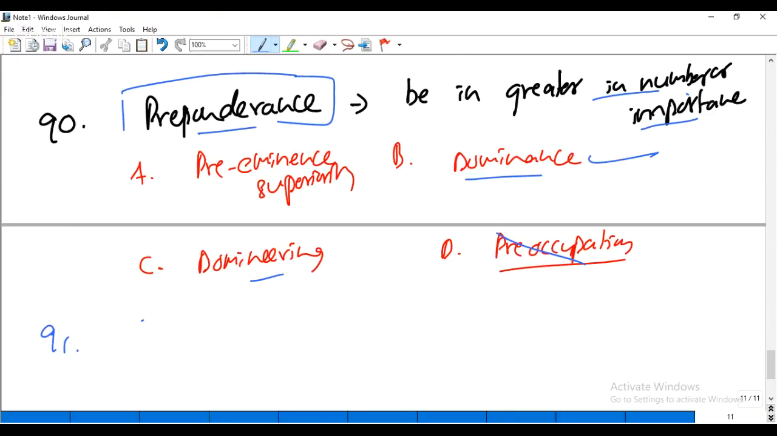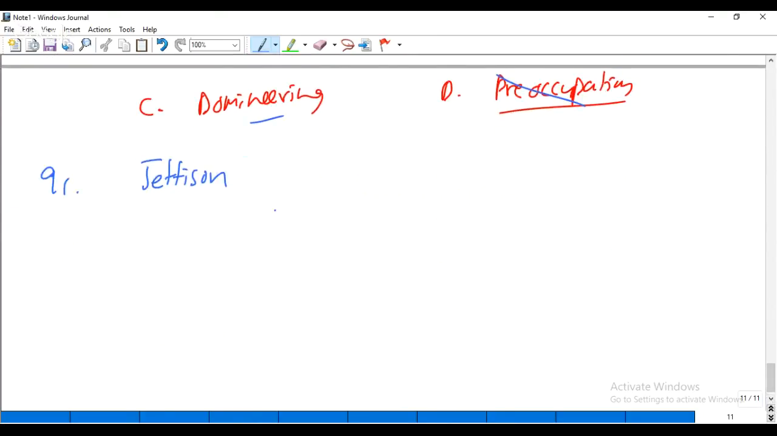Now question number 91, jettison. See actually now we have to go to antonyms. So jettison means to throw or to drop something from flight. Basically this is the meaning, and even it can be taken in the sense of abandon. So let's see the options. A is accept, B is reward, C is preserve,